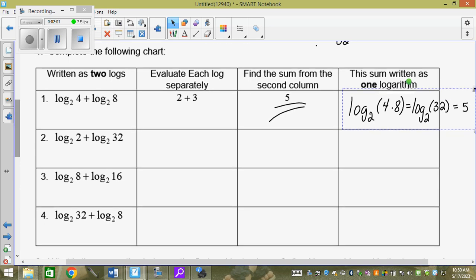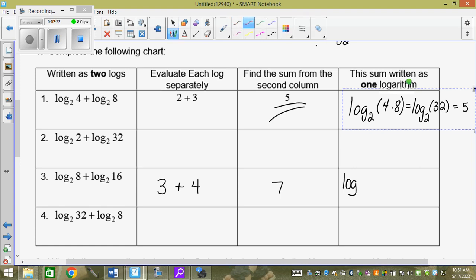So we'll look down here at this one. Log base 2 of 8 plus log base 2 of 16. What's log base 2 of 8? 2 to the what power is 8? 3, plus 2 to the what power is 16. So I get a sum of 7. If I put them together, because they both have plus 1s in front,